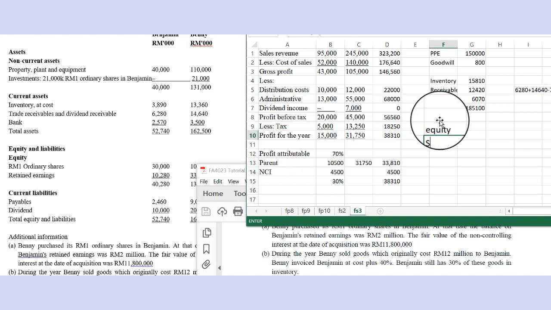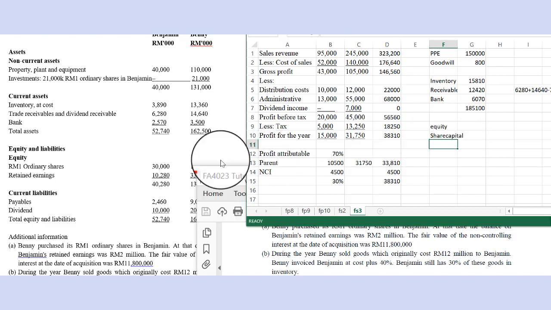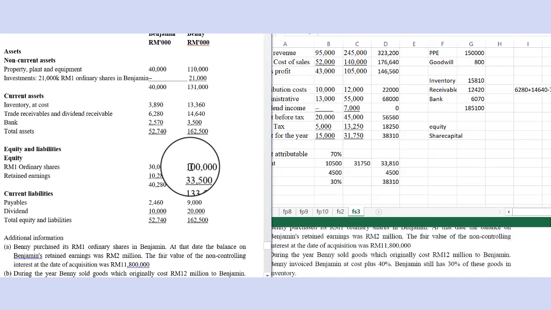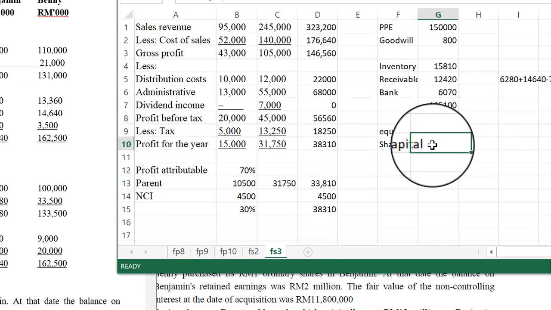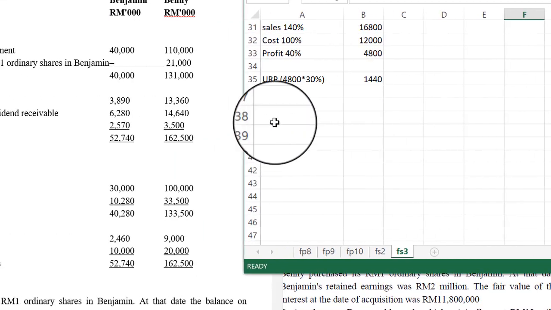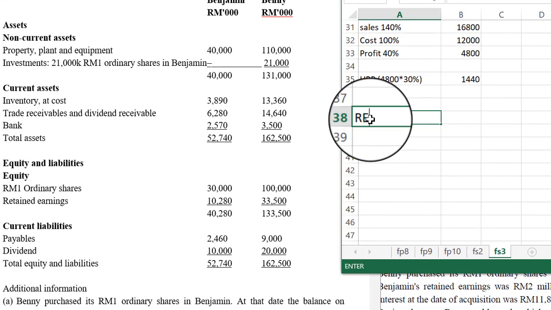Share capital, as we say, always takes the figures of your parent company, so it's 100,000 here. So your share capital is 100,000. Then your retained earning. Now retained earning we need to calculate. So if you look at this, your retained earning for the group. Now the parent's portion, the parent's retained earning, if you look at this, the parent's portion of retained earning is